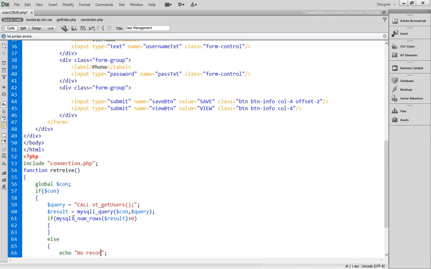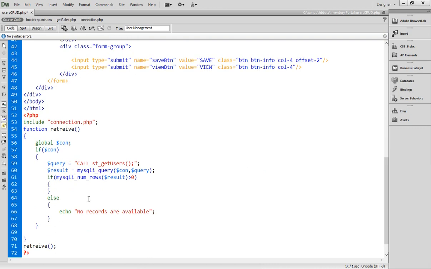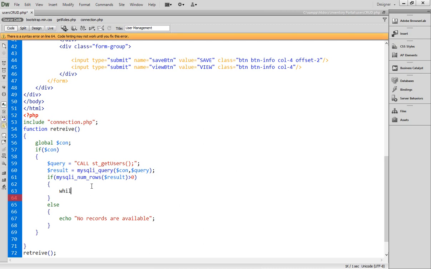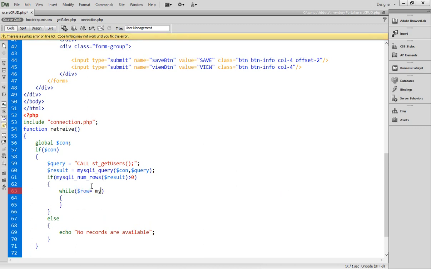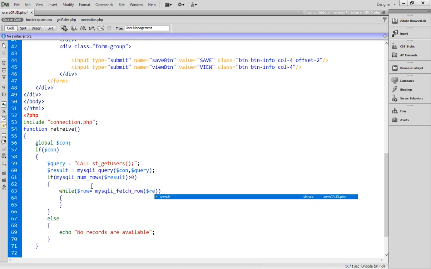Simple. The next thing is come inside the while loop, and the next thing is $row equals to mysqli_fetch_row, and here you have to pass your result,